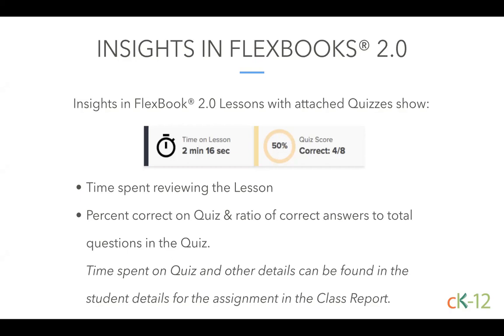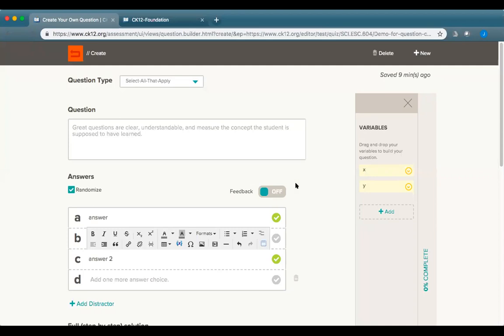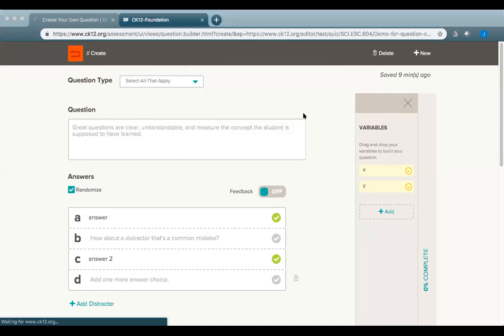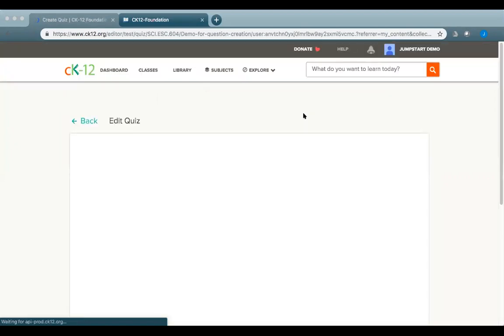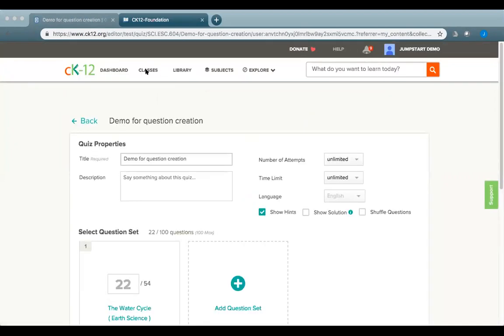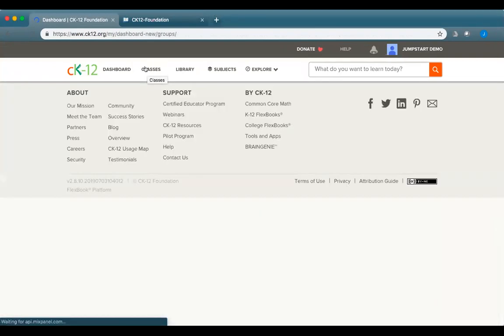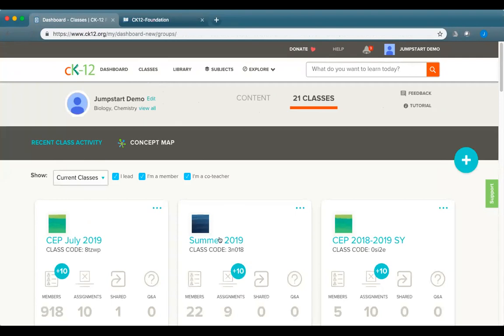So I'm going to jump over and pull up our page. There is an add new option right here. Let's go back out of here for a second, just so that we're back in the system. I'm going to pull up classes so you can see what this looks like. So if I go into classes and pull a sample class out of here,